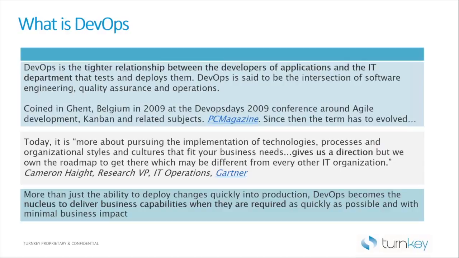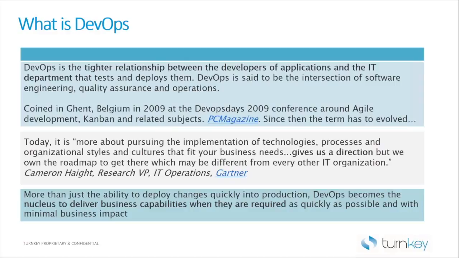So, the first is DevOps is a tighter relationship between the developers of applications and the IT department that tests and deploys them. And DevOps is said to be at the intersection, or really, we'll talk about integration and collaboration of software engineering, quality assurance, and operations. And I think that does a really nice job because, if you think about the term DevOps, it talks about development and operations, but it's somewhat silent on the topic of quality assurance, which is, of course, an integral part